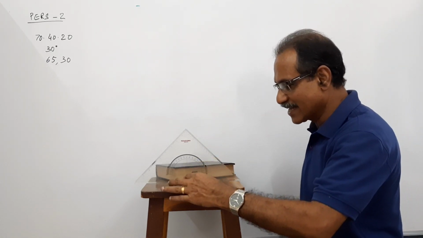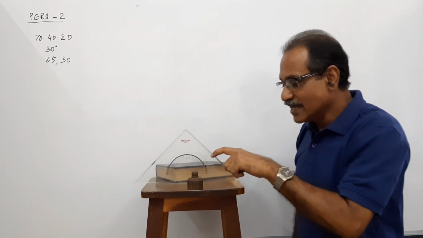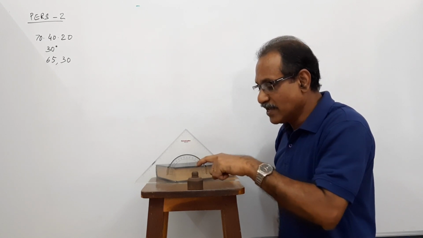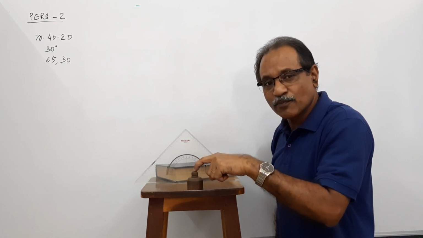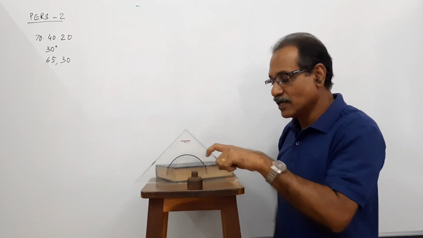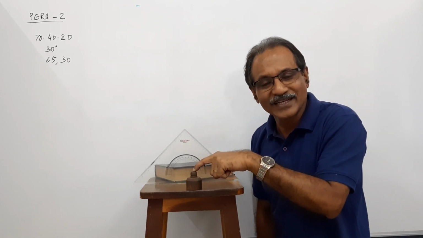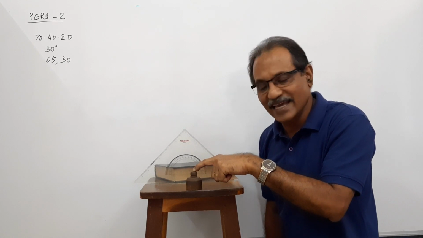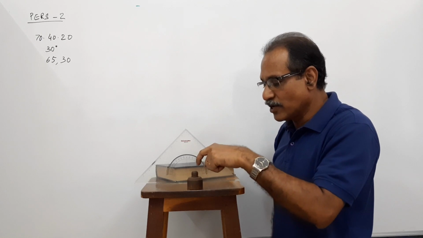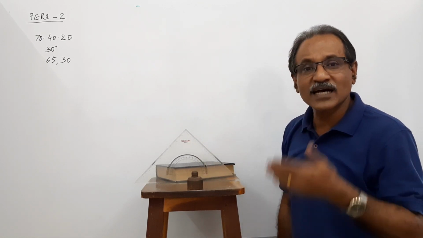observer is standing here. This is a man, a human being standing here. Where is he standing? His eyes are 65 mm in front of PP and 30 mm above GP. The height of his eyes from the ground is 30 mm. So here is his eye. We assume you are looking with only a single eye, not two eyes. So where is the eye? The eye is 30 mm above the ground and 65 mm in front of PP. Agreed? And also the central plane passes through the center of the box.